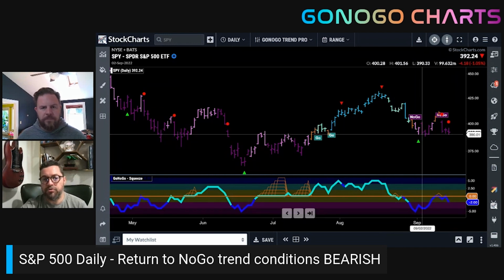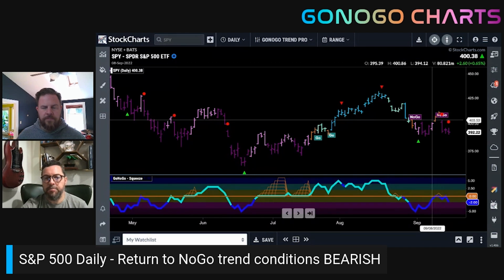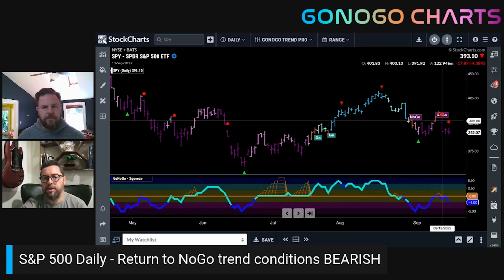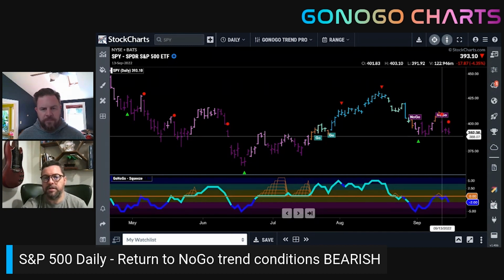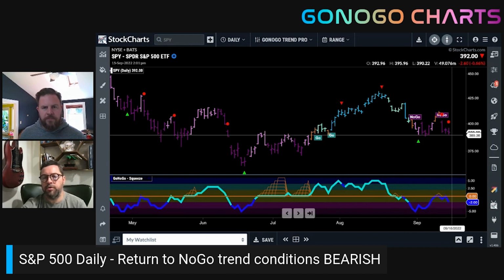And then we saw a strong rally last week, which culminated in these amber bars, really telling us that we're not sure anymore. Are we still in a no-go, or will this transition back into a go? Well, the answer was given to us on Tuesday with this really strong bar that gapped down and finished over 4% lower. And now we're right back down at these recent lows on strong purple no-go bars.